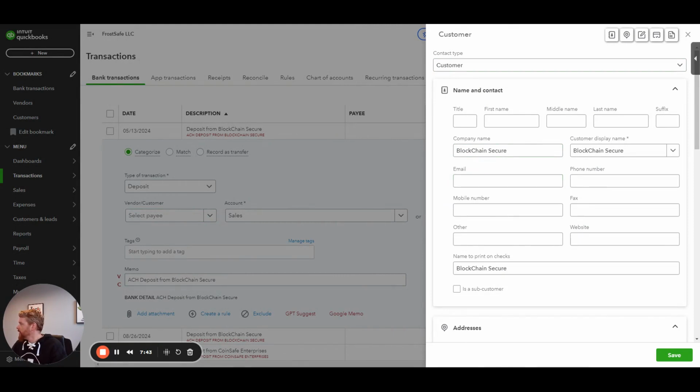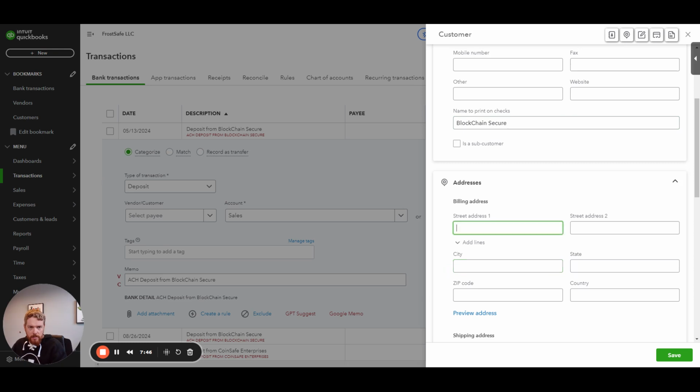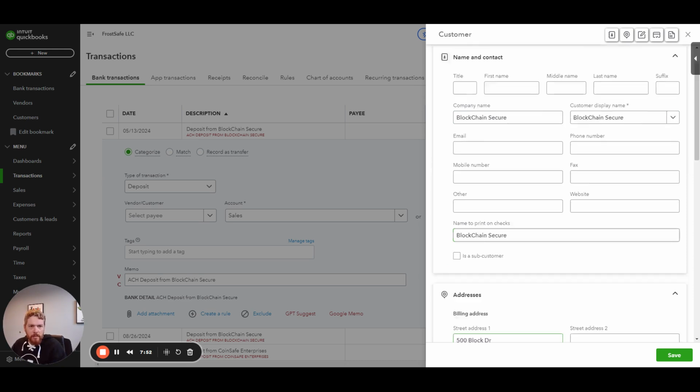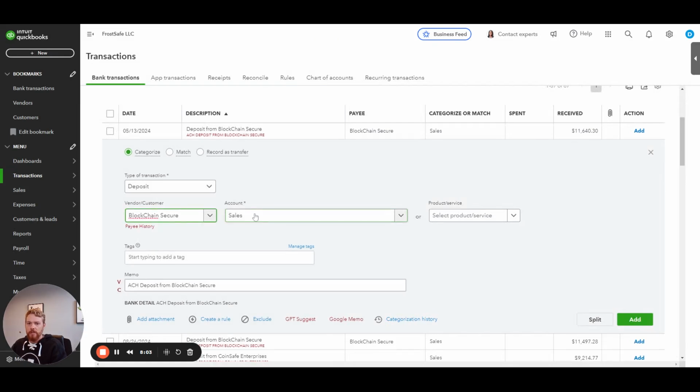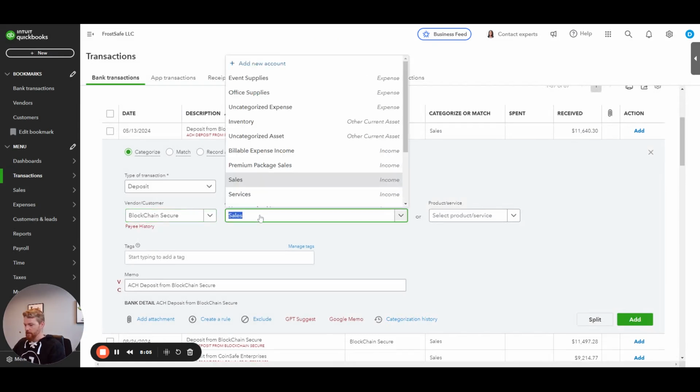We put in their address. Miami. I don't have the zip, but I do have the email address, which is more important, and the phone number. I'm going to save those. And this is for